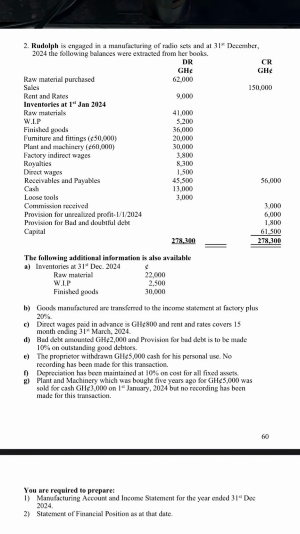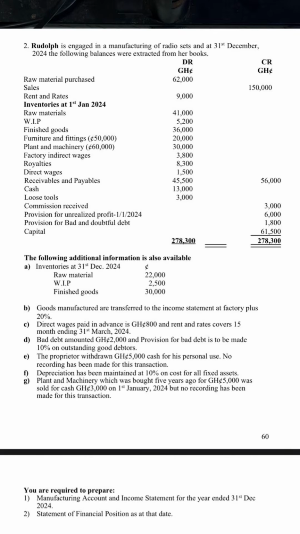The cost is 50,000, and the figure you see at the debit side is the book value, or the net book value, meaning we acquired the asset at a cost of 50,000. We also acquired plant and machinery at 60,000, but its current value is 30,000. That means that the provision for depreciation for the two assets,